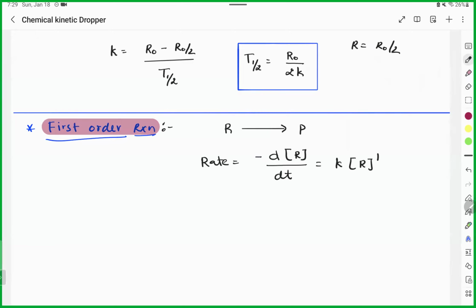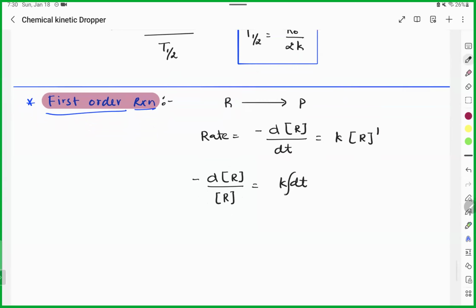Rate is k times R to the power 1. Any doubt? Correct. If you do cross multiplication, minus dR by R will be equal to k dt. Correct. If you do integration on both sides